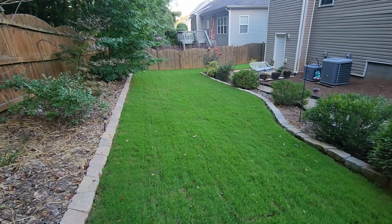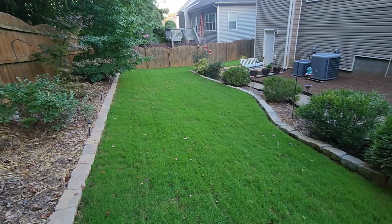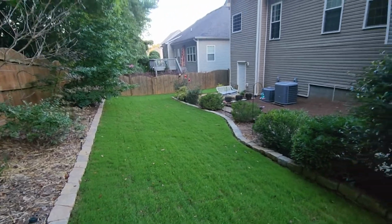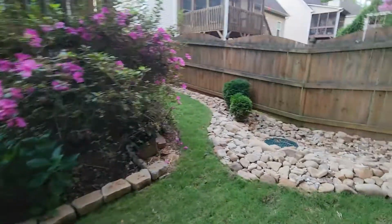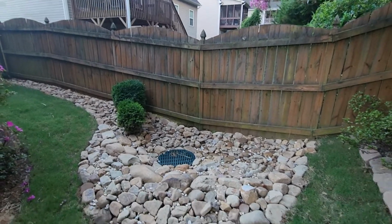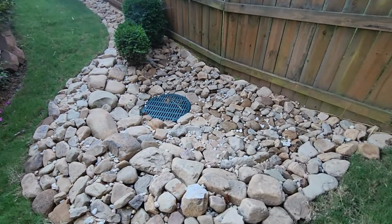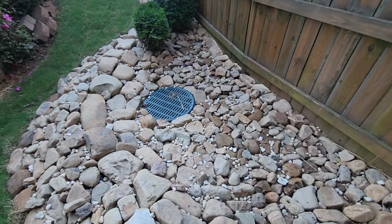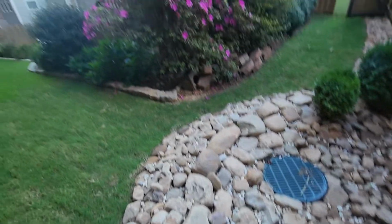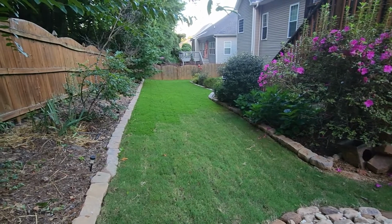Not only did we deal with the erosion problem by adding in the sod, we also came up with a solution that dealt with the massive amount of water coming in on their landscape. It was a design that allowed us to take all the water coming from the neighbor's yard, through this fence, and put it into a 20-inch drain box that didn't allow it to move anywhere on the landscape except within this drain box, which then takes it out of a 6-inch corrugated piping system that shoots it to the storm drain located at the back